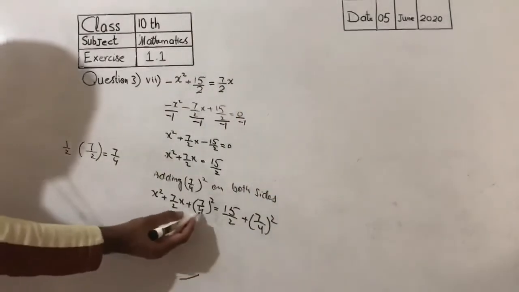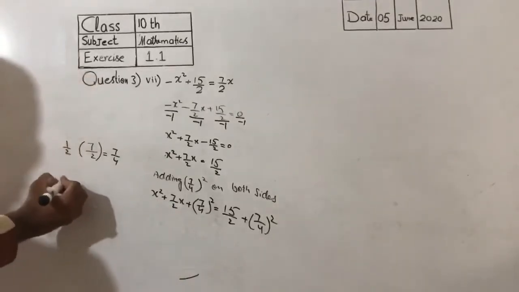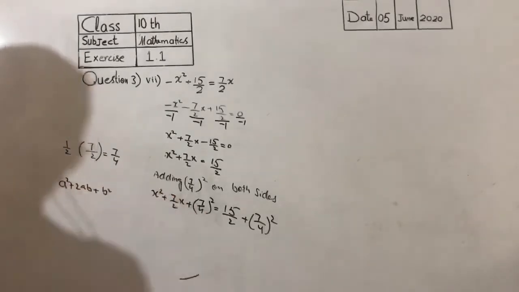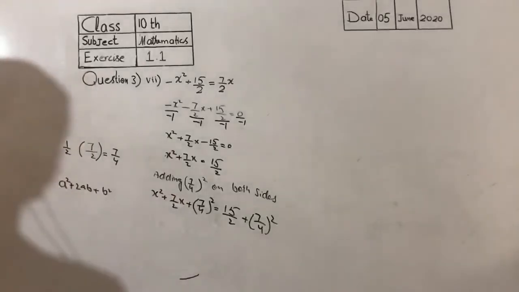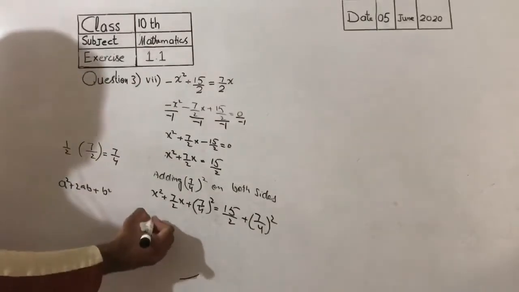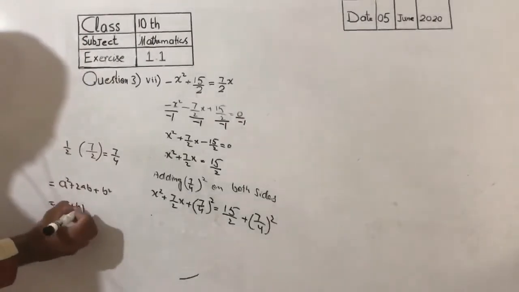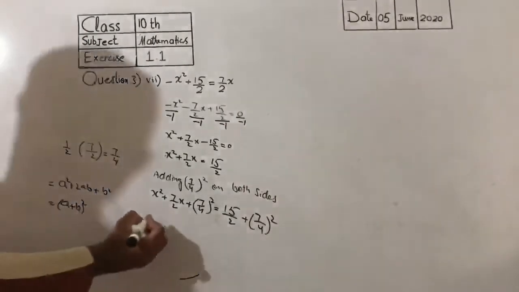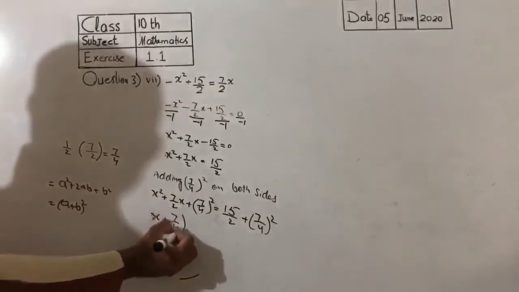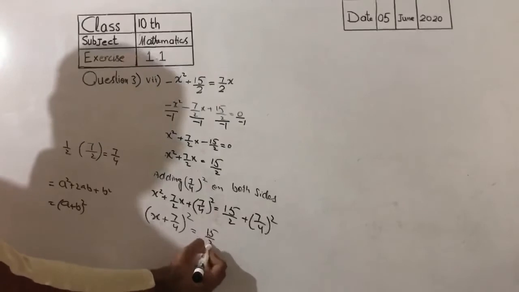Now this is becoming the formula of complete square, that is a square plus 2ab plus b square. This term can be written in the form of 2ab. You can write it easily here, and this formula is equal to a plus b whole square. So it is equal to x plus 7 over 4 whole square, that is equal to 15 over 2 plus